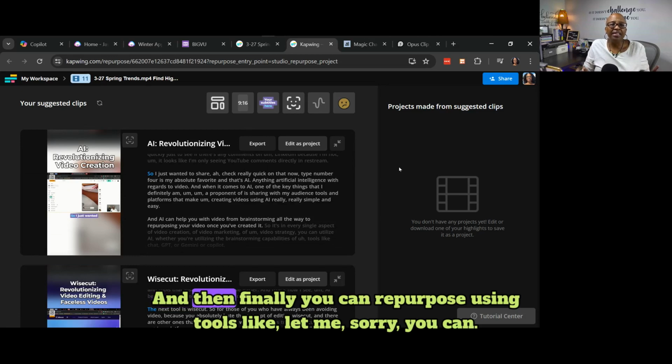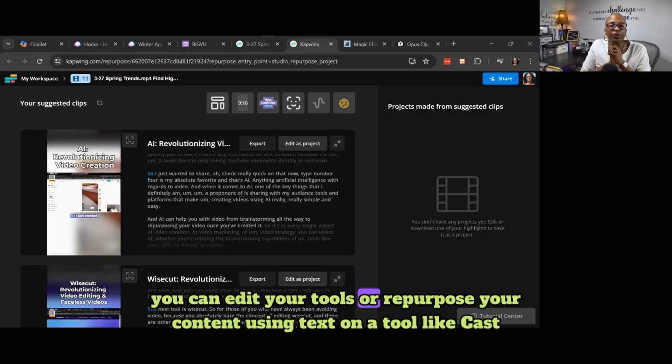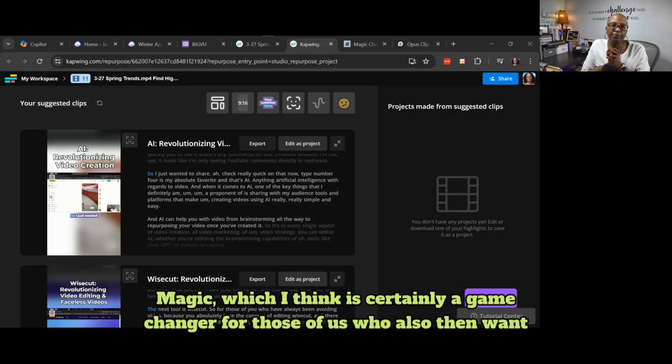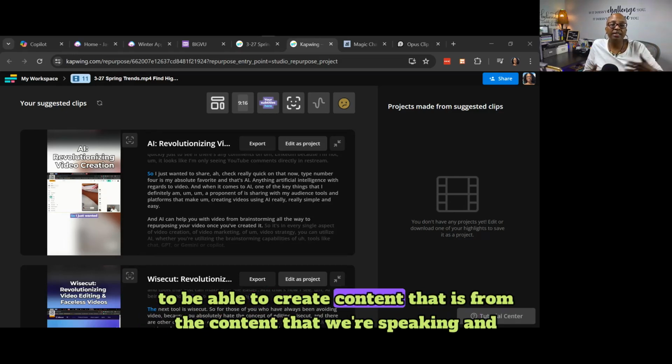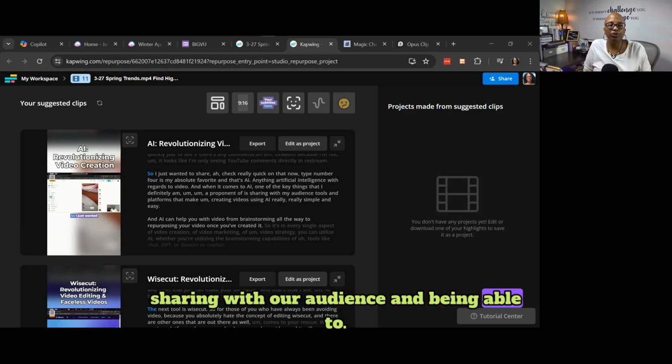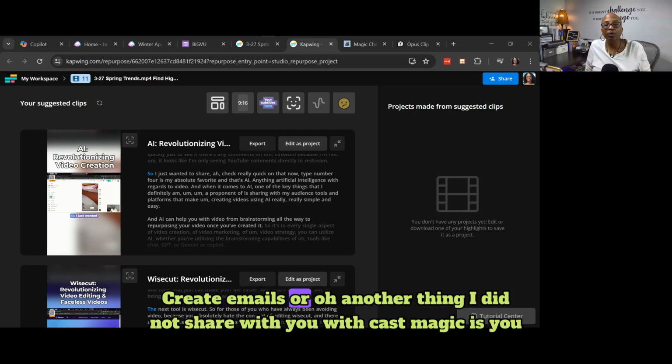And then finally, you can repurpose using tools like Cast Magic, where you repurpose your content using text, which I think is certainly a game changer for those of us who want to create content from the content that we're speaking and sharing with our audience, and being able to create emails, or